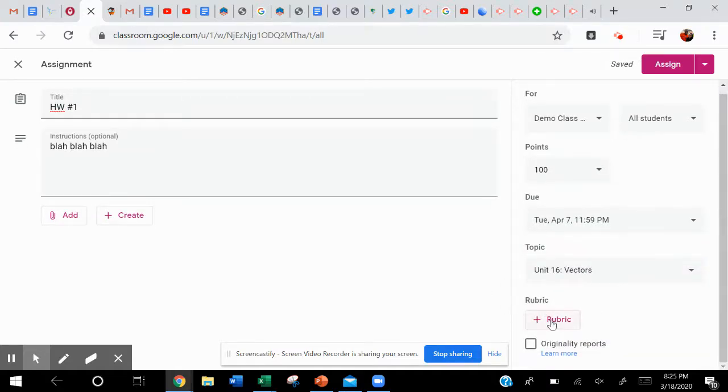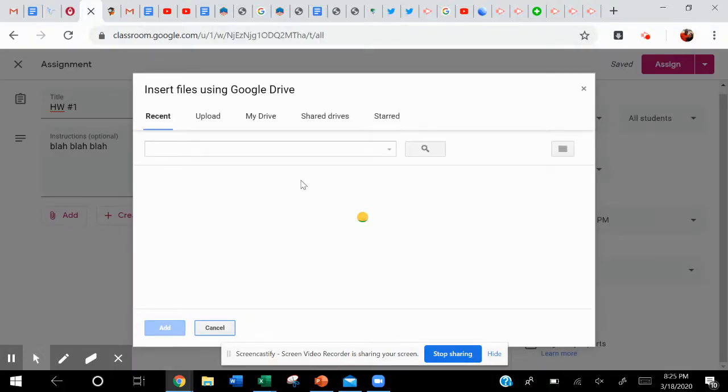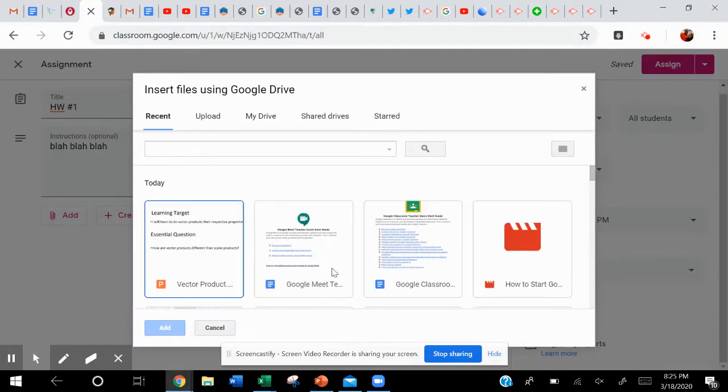If you have a rubric, you can go ahead and add a rubric in there, and then you can assign. Here's the tricky part. If you have added something like a Google Drive something or another. So let's see if I can find something off of my Google Drive. If you, for example,